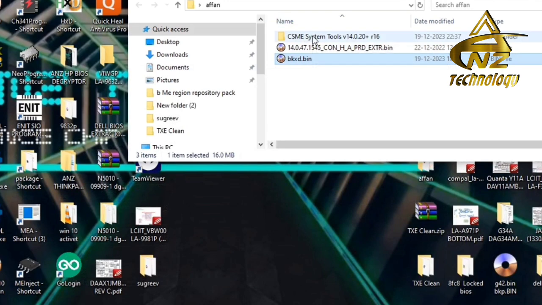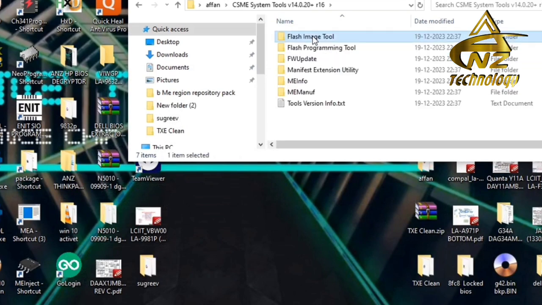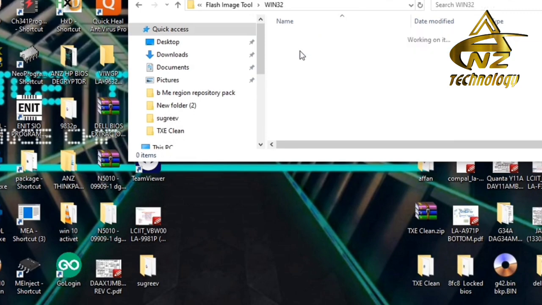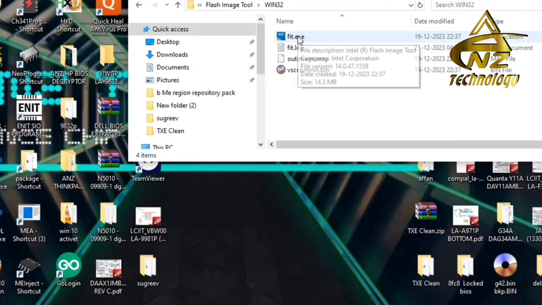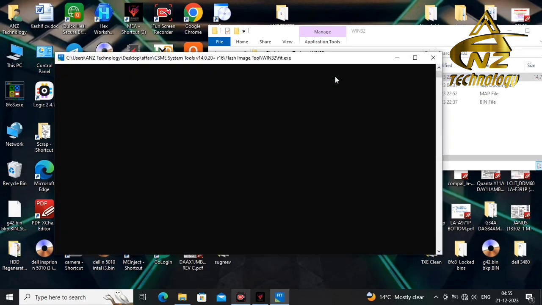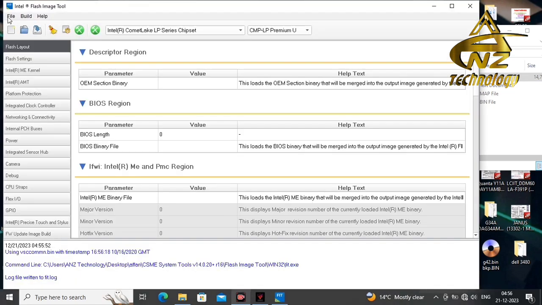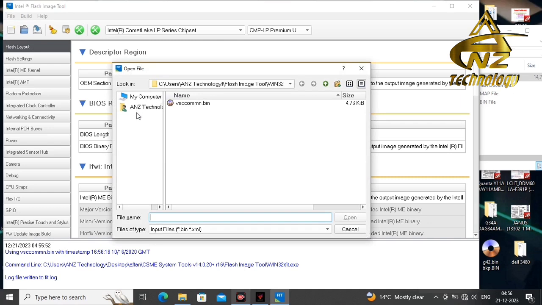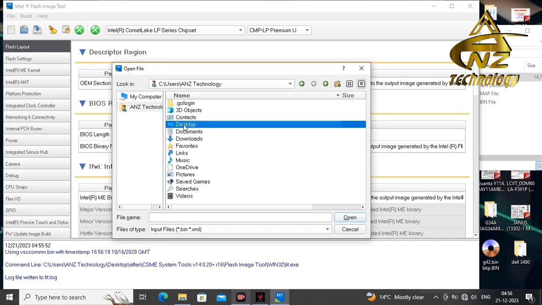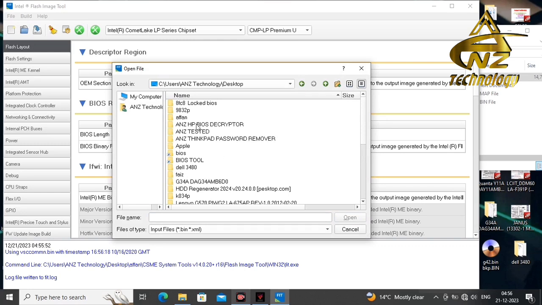So now we will open this system tool, Flash Image Tool, Win32 and fit.exe. First we will open this fit.exe. Now click on File, Open, and now we will give the location of the backup BIOS.